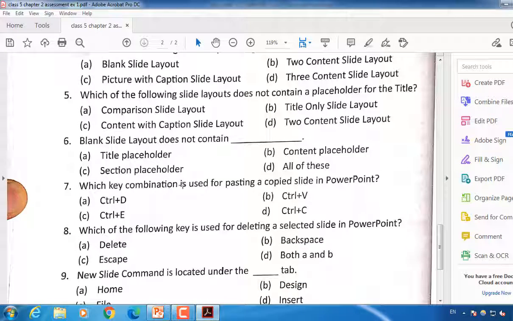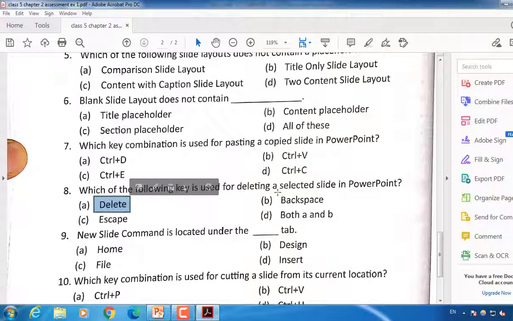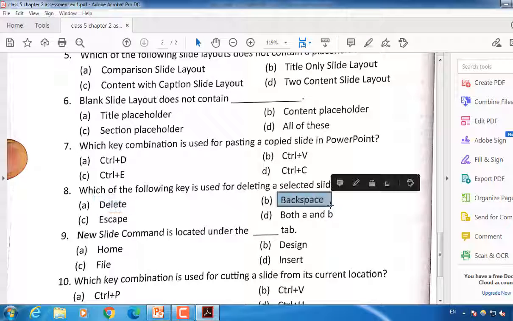Next, which key combination is used for pasting a copied slide in PowerPoint? To paste, the shortcut key is Ctrl plus V. Next, which of the following keys is used for deleting a selected slide in PowerPoint? See, I have told you to delete a slide, 2 keys can be used, delete key as well as backspace key.